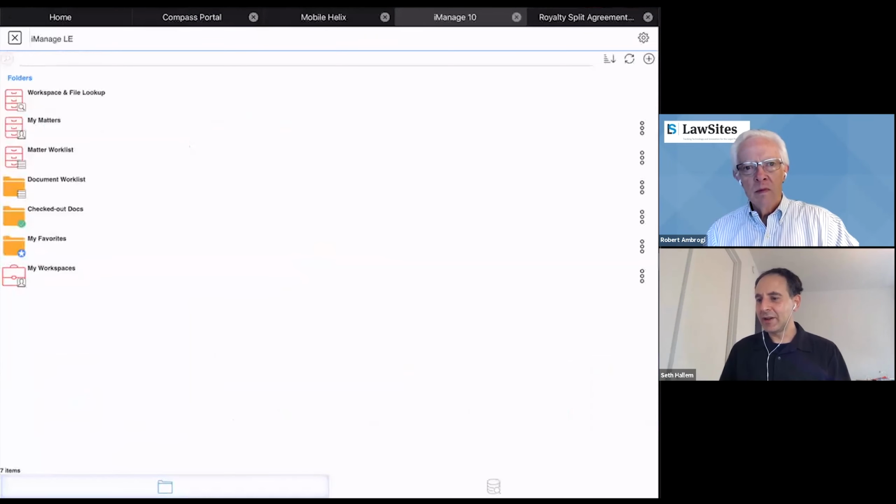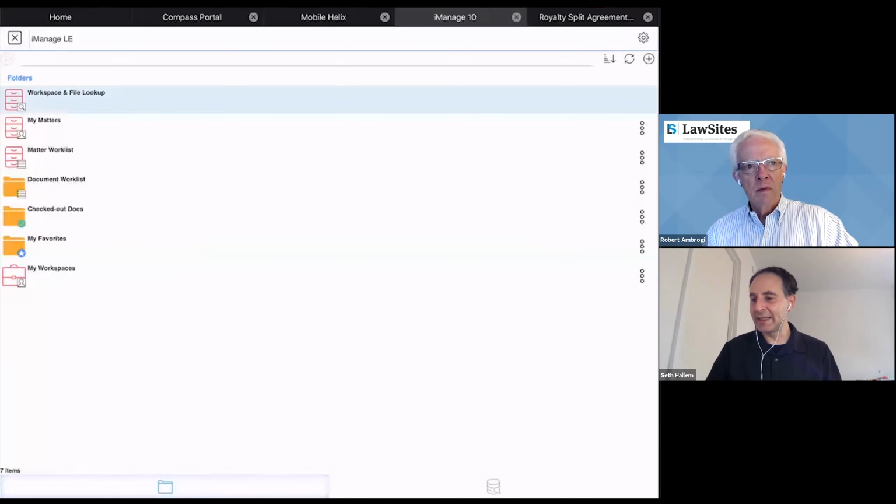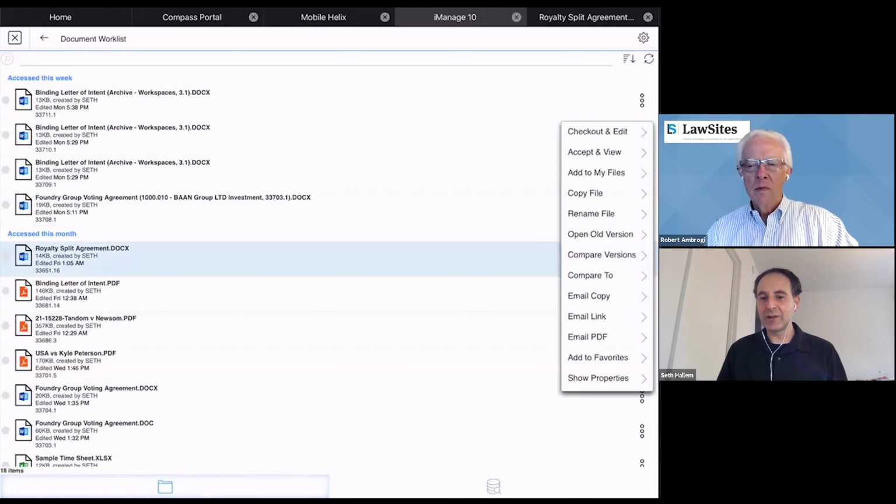So if I start here in iManage, one of the things that we do is we just present a very simple mobile-friendly view into your document management system. You can quickly look up a client, a matter, a file by document ID, and you can certainly go and look at the things that you were working on recently. So if I look here, you can see this one, the royalty split agreement document